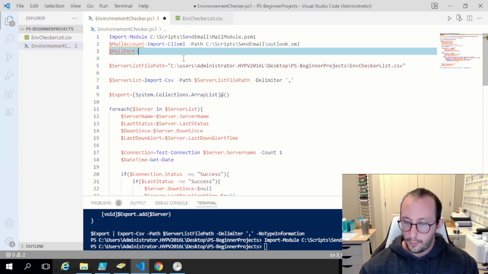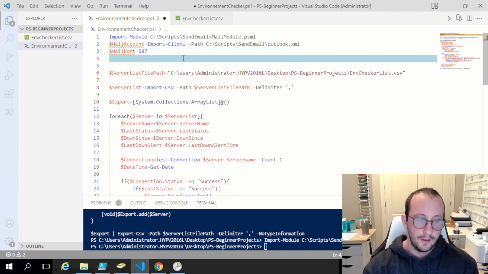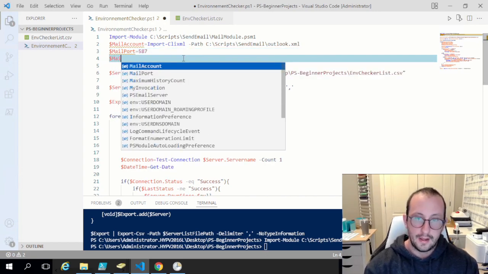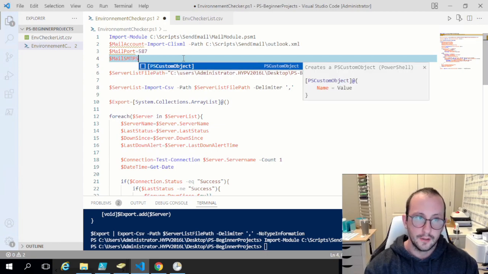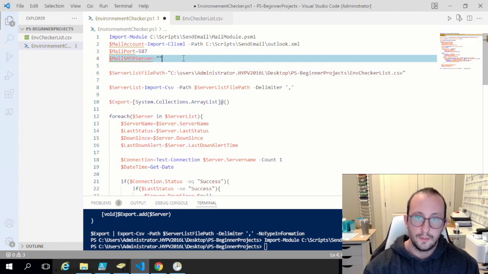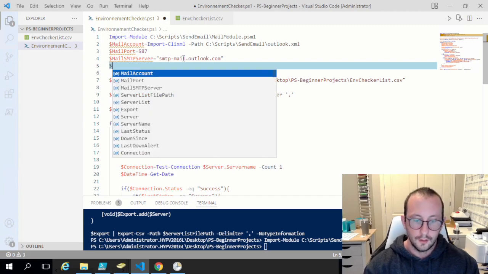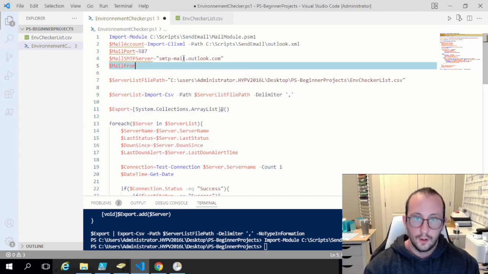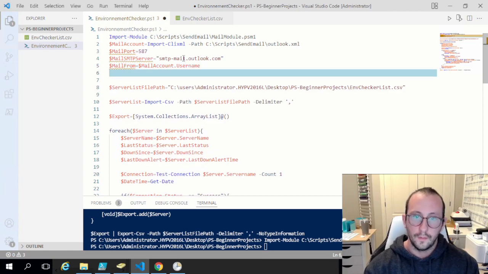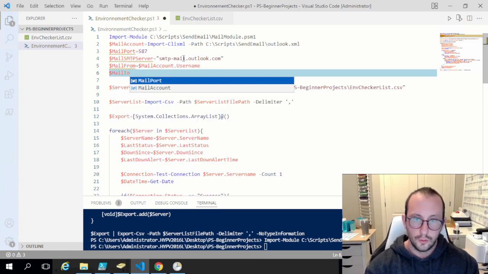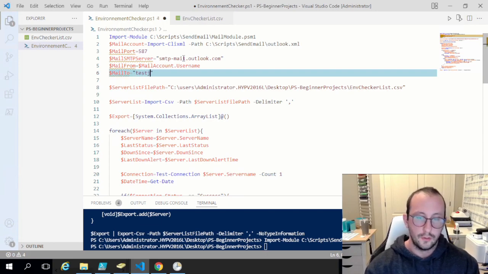So we're going to have the mail port here, and our mail port is going to be 587 for Outlook. And then our mail SMTP server is going to be smtp-mail.outlook.com. Our mail from is actually going to be our mail account .username. And then our mail to, I'm going to be sending that to